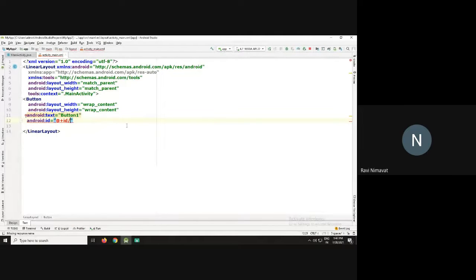If you want to differentiate each UI uniquely, at that time we have to use the ID property. Clear? What is the syntax of ID? android:id equals @+id/, where plus means assign ID. Ready? And btn1 is the ID name.